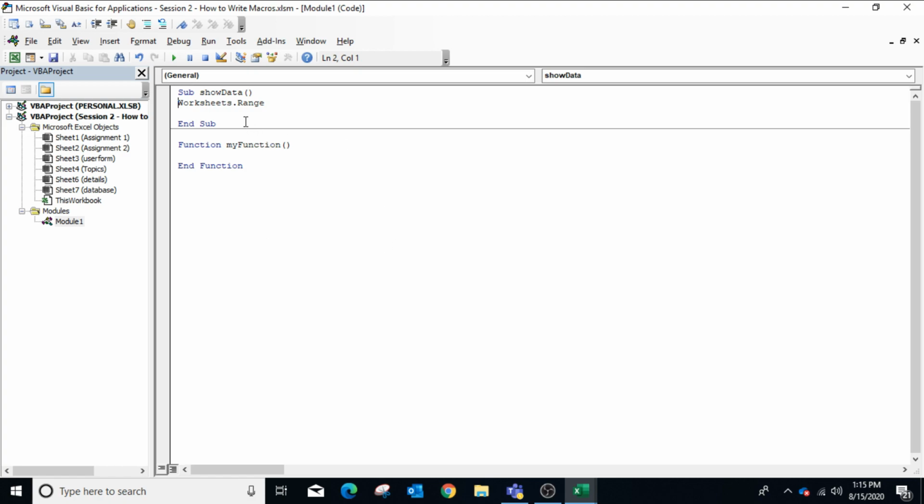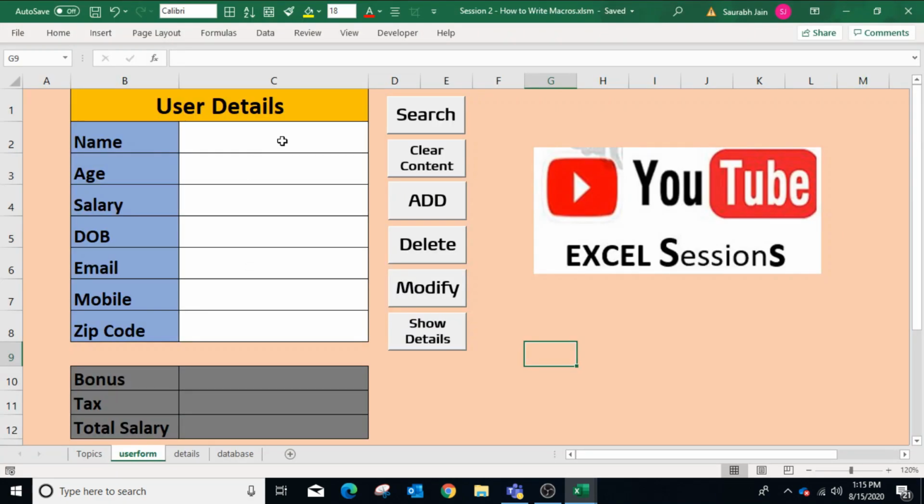Now again, here worksheets refers to the collection of sheets. Hence, to refer to a particular sheet, we will specify the sheet name. So after worksheets, type open bracket and in double quotes specify the worksheet name. In our Excel sheet, the sheet name is user form.